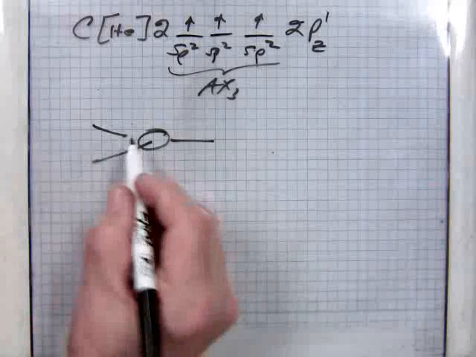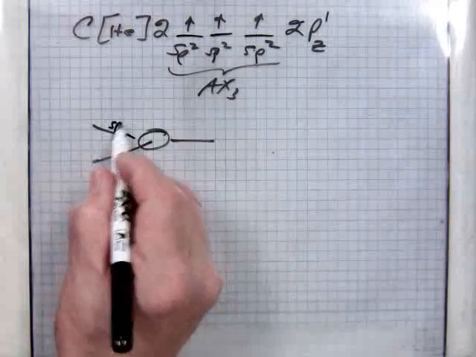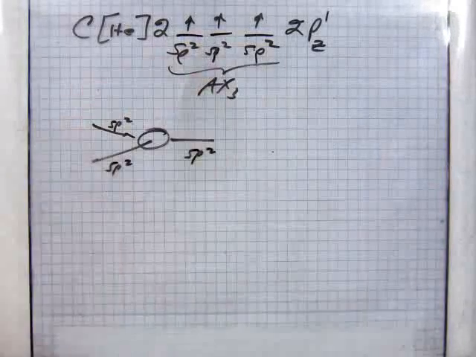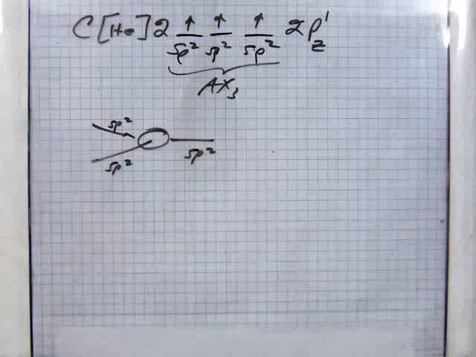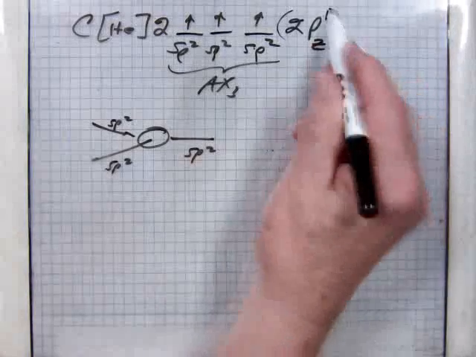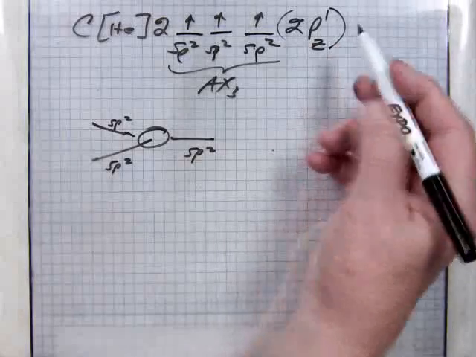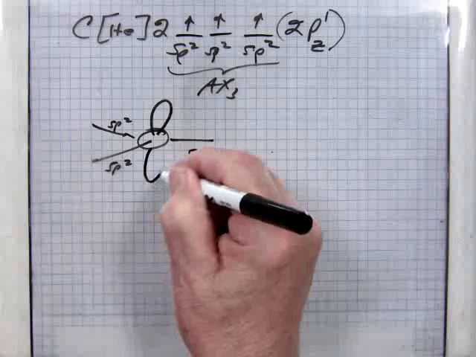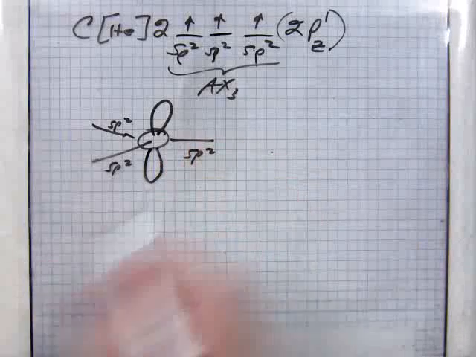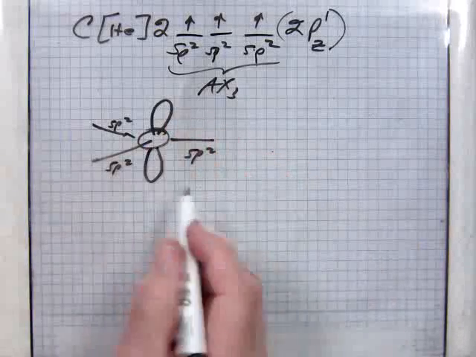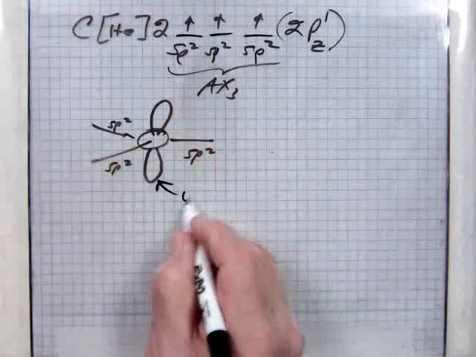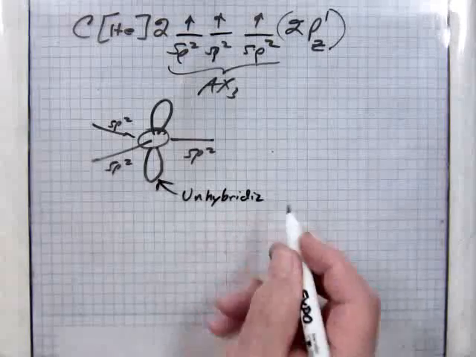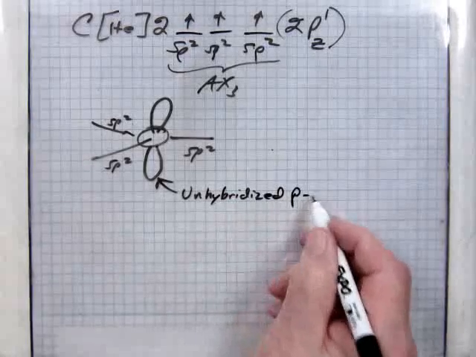And this is an sp2, an sp2, and an sp2, because that's what the VSEPR said I needed. However, I cannot ignore this 2pz, so it's still attached. You remember the p orbital, and it has an electron in it. And this is an unhybridized p orbital